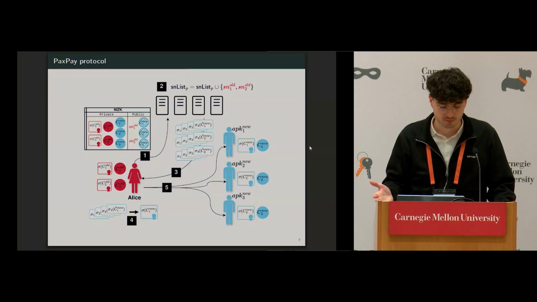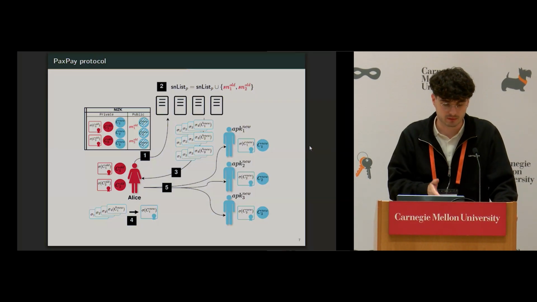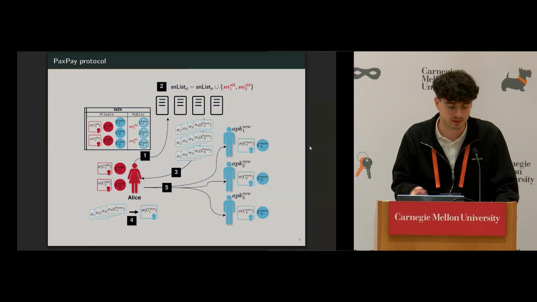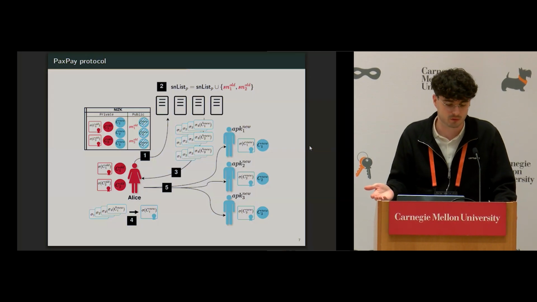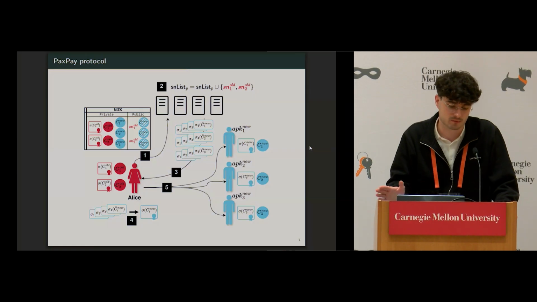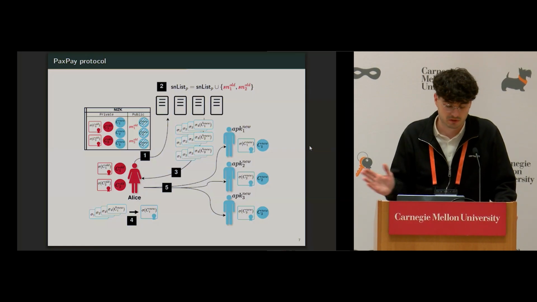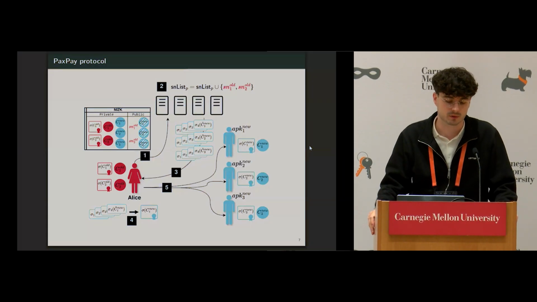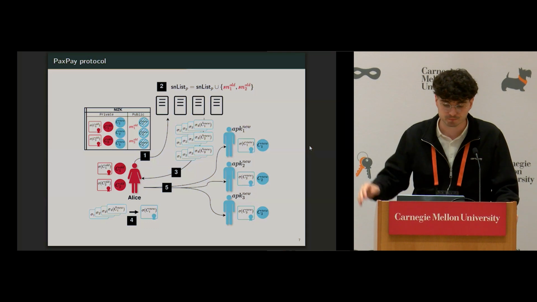Validators just receive the proof, they verify the proof, and if it's correct, they make sure that the serial numbers are not already in a list that they maintain of spent serial numbers. If they are, it means that Alice is trying to double spend money. If not, it's legit. They can add the serial numbers to the list and sign the blinded coins that they've received, because they only receive a blinded version of the coins.